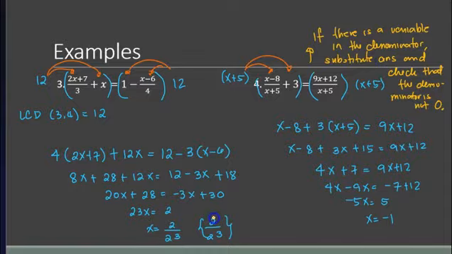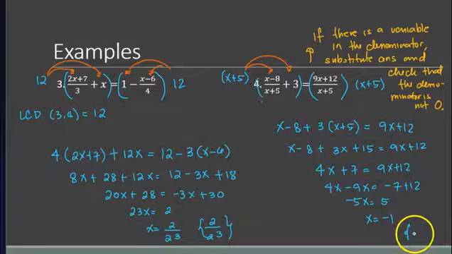So this is a problem wherein your x is in the denominator. So I have to make sure that when I substitute negative 1 here, negative 1 plus 5, it will not be 0 because we cannot divide by 0. What happens if that's the case? Then there will be no solution.